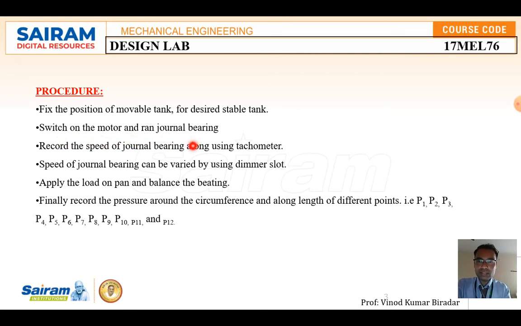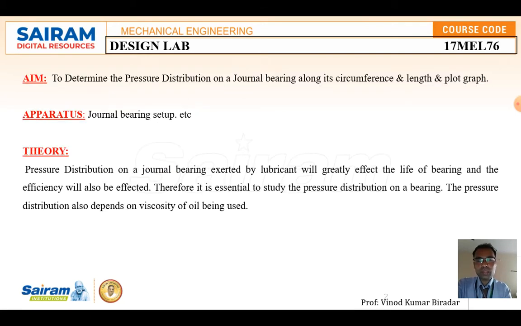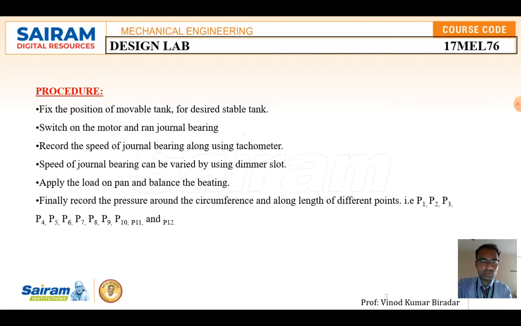Once it starts and you increase the speed, the pressure in the fluid, the oil present in the tubes, will flow in a vertical direction. Once you note it down, it will become some constant values. Note down all the values, up to all pipes, that is P1 to P14.